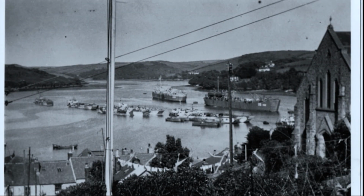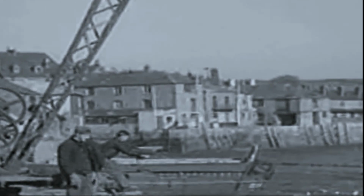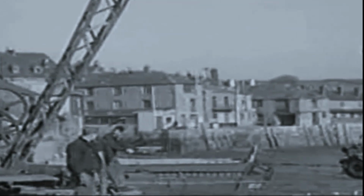And these attacks would take place on a regular basis, and I'll just read to you the dates of the various air raids that occurred on Kingsbridge and Salcombe. 20th of October 1940, 21st of April 1941 Salcombe, 25th of April 1942 Bolt Head, the 1st of May 1942 Bolt Head, the 8th of September 1942 Salcombe, the 19th of September 1942 Salcombe, the 2nd of January 1943 Kingsbridge,